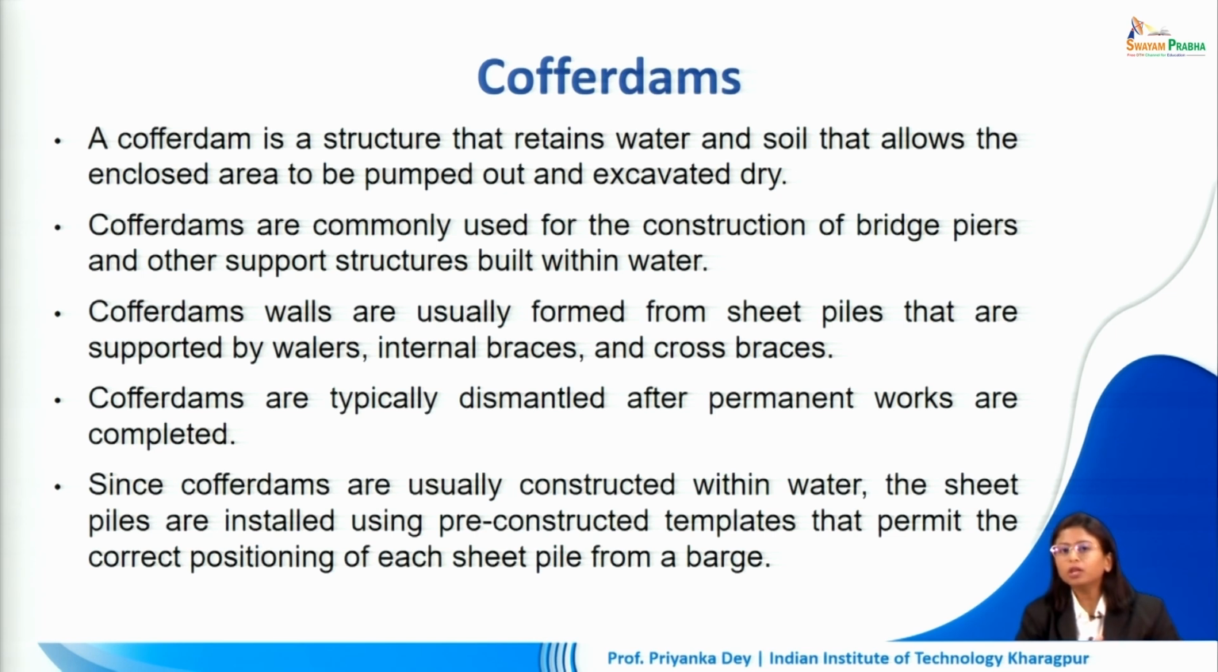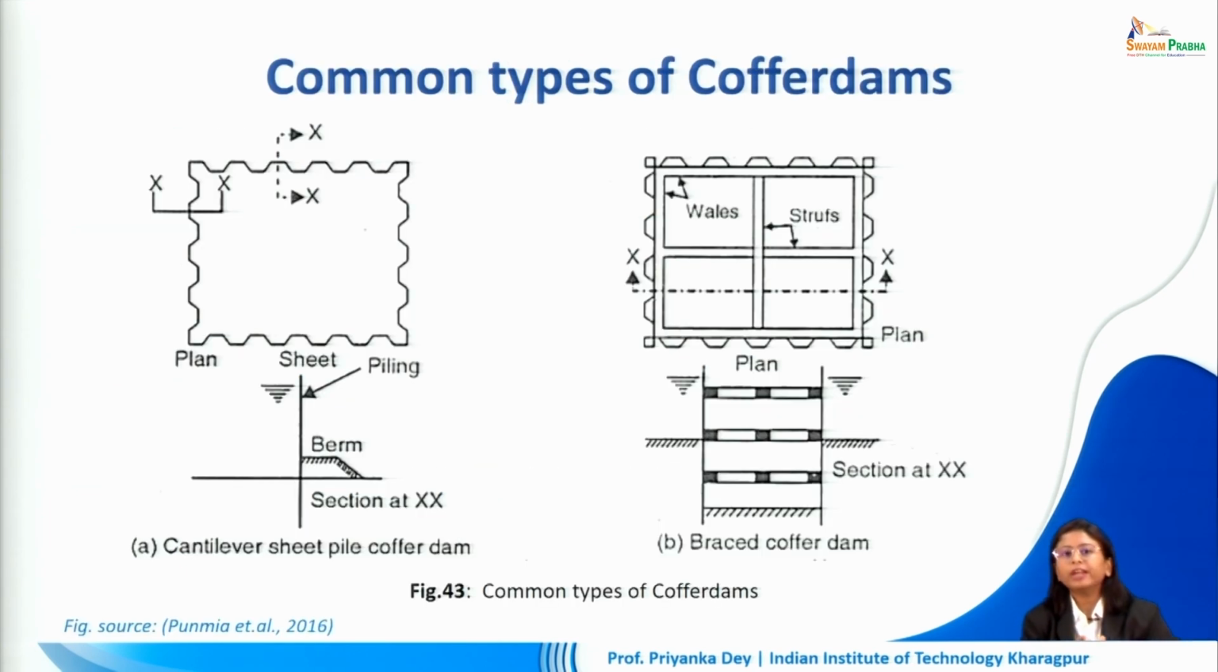So first of all, we are going to use sheet piles, and we are going to support this with the help of whalers, internal braces, and cross braces, and then we're going to create this cofferdam within it. These normally are dismantled after the works are done, so they are not permanent structures, and they are usually constructed within water. The sheet piles are installed using pre-constructed templates that allow us to correctly position each sheet pile within a particular area. So we can use different types of members for the cofferdam, in the sense that we